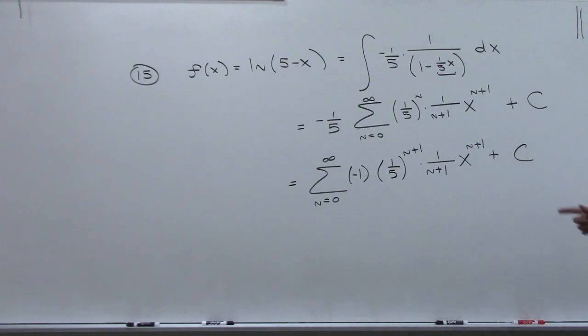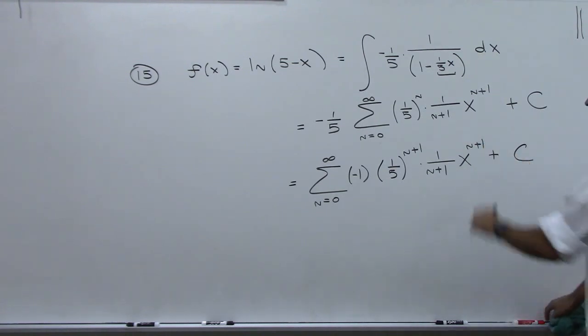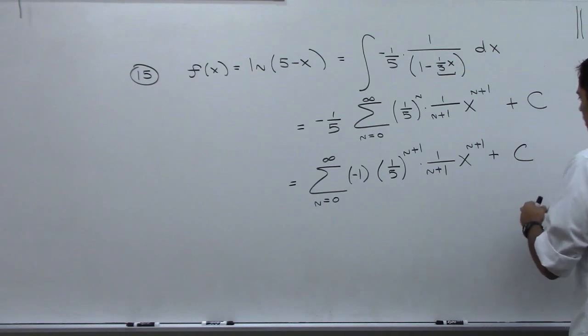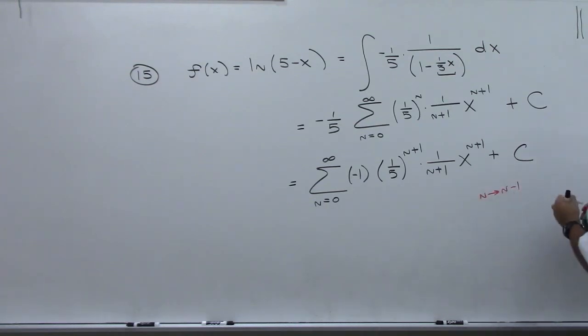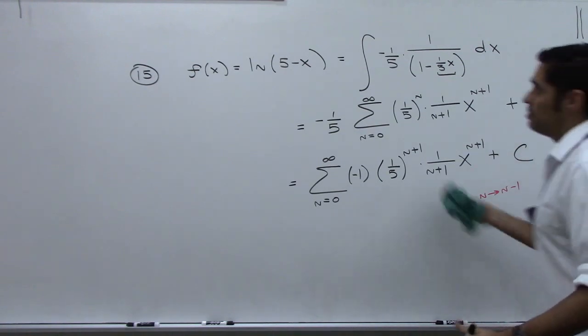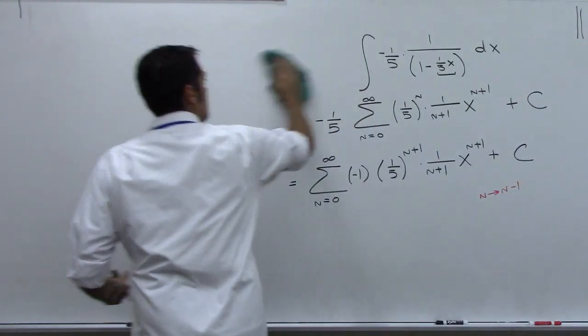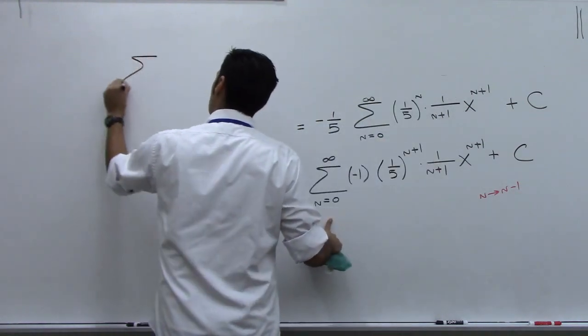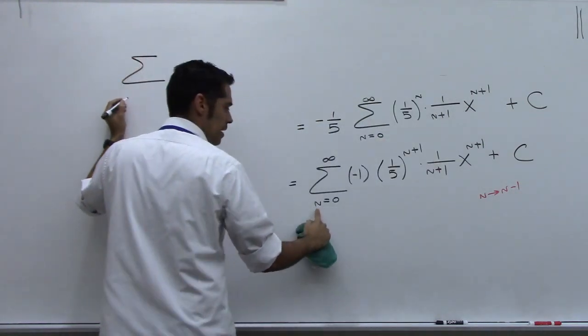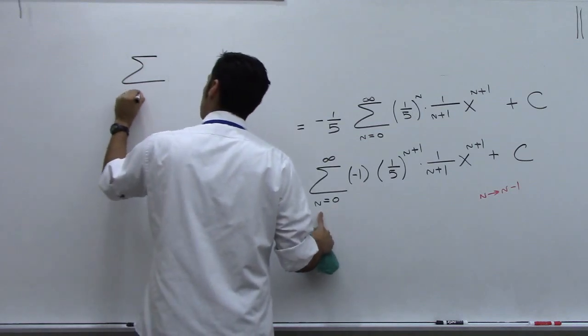Now, my guess is that the book's probably going to want you to turn this into an x to the n, so we can find the radius of convergence. So to turn this n plus 1 into an n, I'm going to have to replace all my n's with n minus 1. So let's see what happens when I do that. If I replace that with n minus 1 and then add 1 to both sides, I'm going to start at 1,